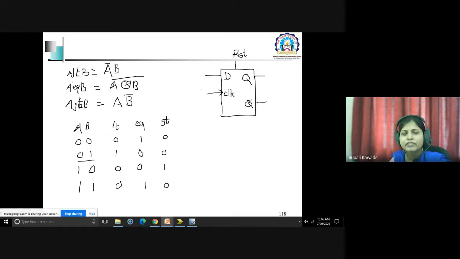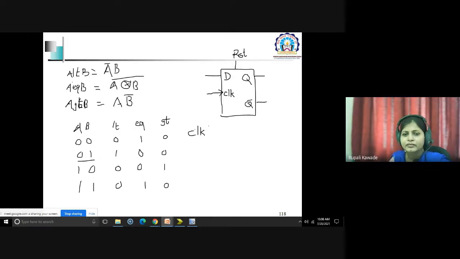How the D flip flop works, that we must understand. For the D flip flop, suppose the clock is present. Now that depends upon, listen carefully, because we can understand the meaning of two things. One is a synchronous input and the second one is an asynchronous input.